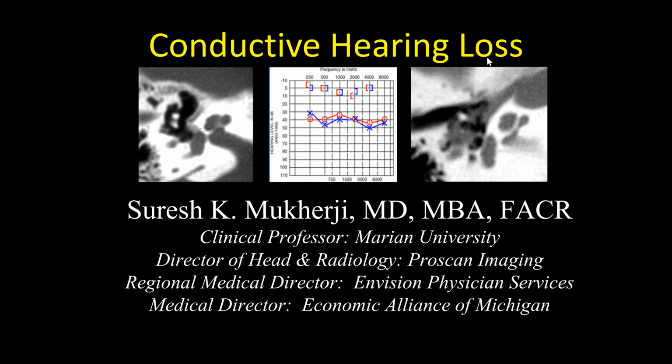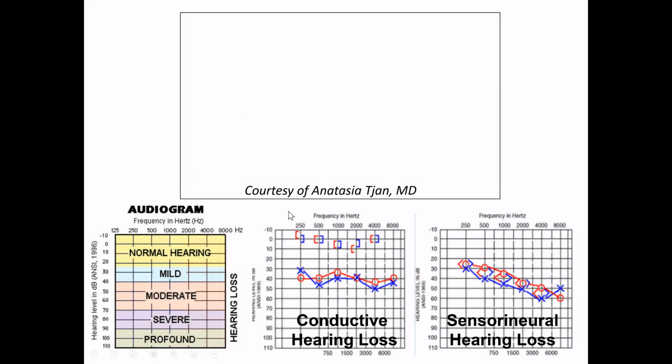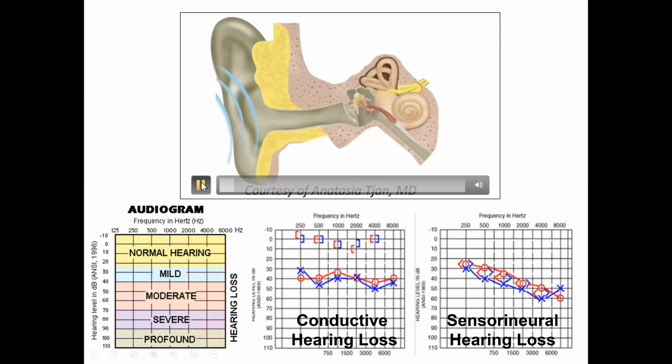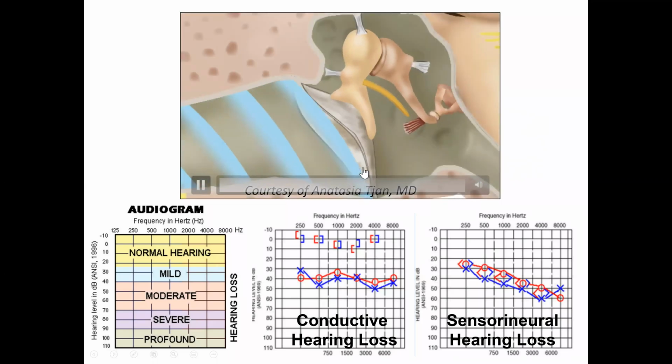Today, I'm going to be talking about conductive hearing loss. When we talk about hearing, it's really, for me, quite an amazing organ and an amazing process that happens. The sound waves eventually hit the tympanic membrane and are transferred to the ossicles, and eventually transferred through the oval window. In our talk today, we're specifically going to be focusing on the sound waves